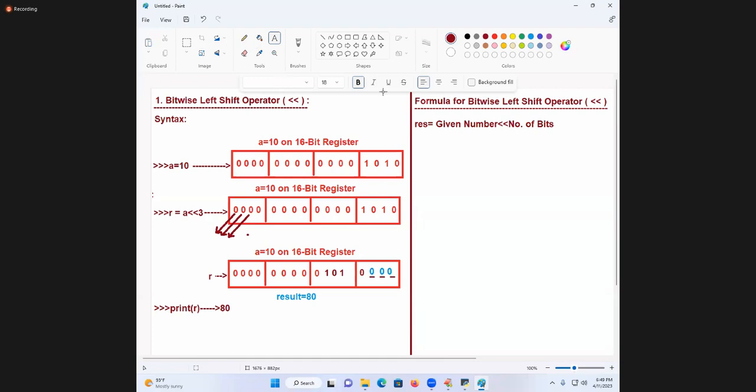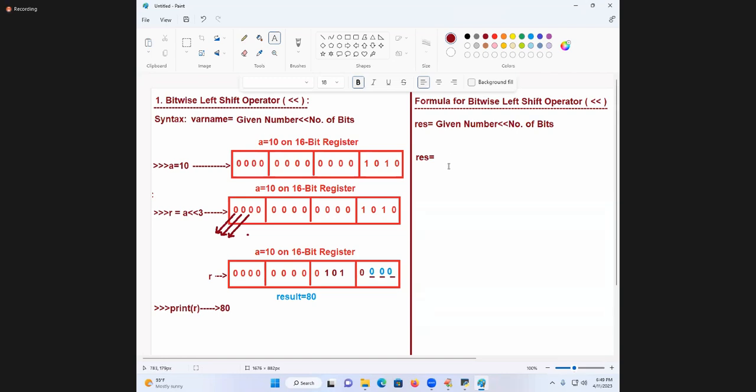Variable name is equal to this formula. Left side, I'll write the variable name. Variable name is equal to. Come on now, what is the formula for this? Shortcut: result is equal to